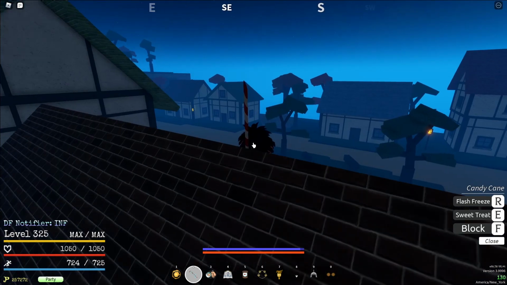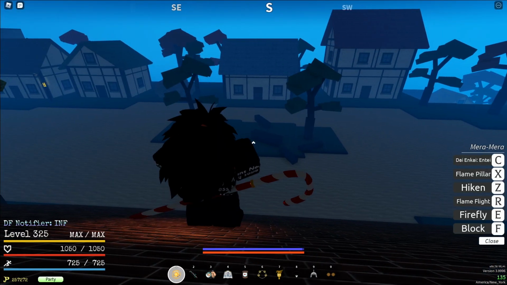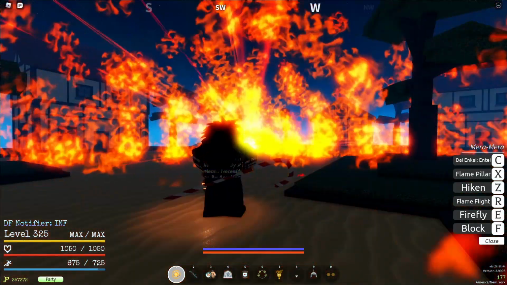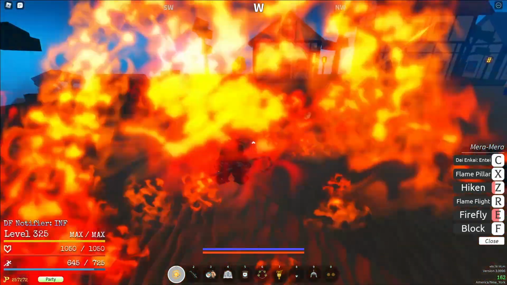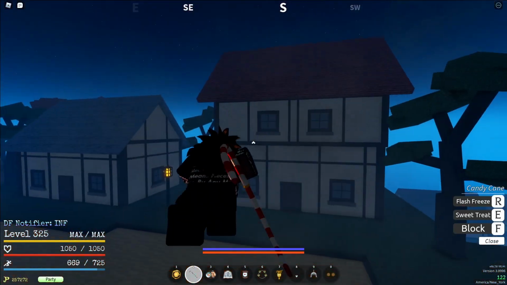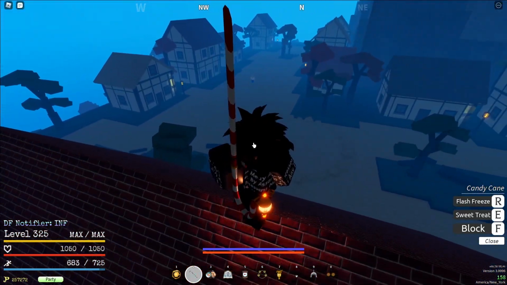And you know what the next pro is? It takes no stamina. Look at this. I used that. It barely took any. I used this. It barely took any. I'm about to use Flame Pillar. It barely took any. I don't think I've ever been in a situation where I've run out of stamina with